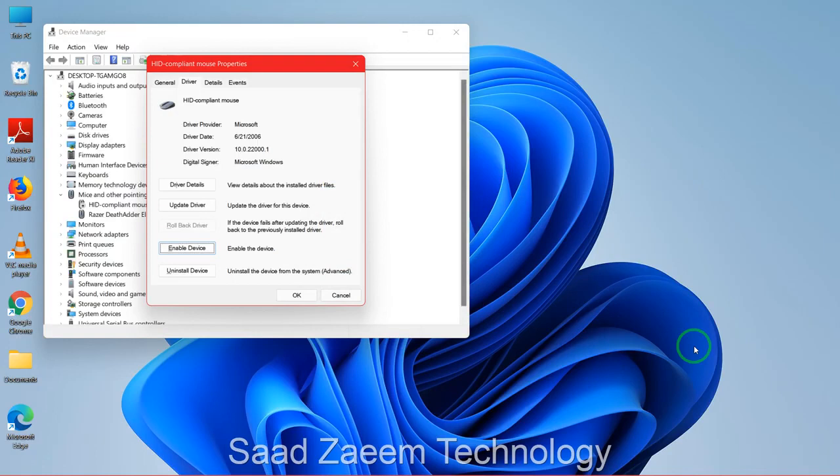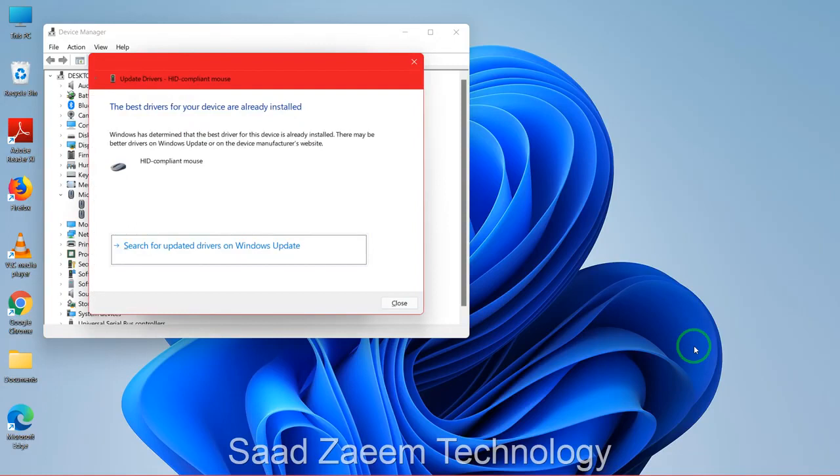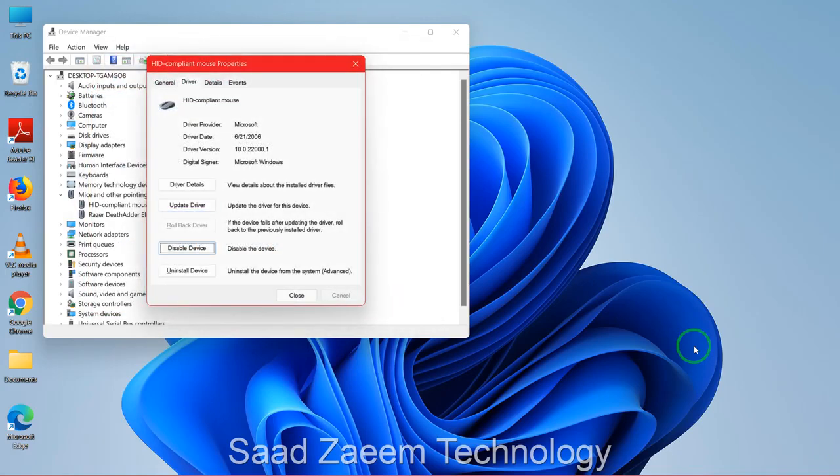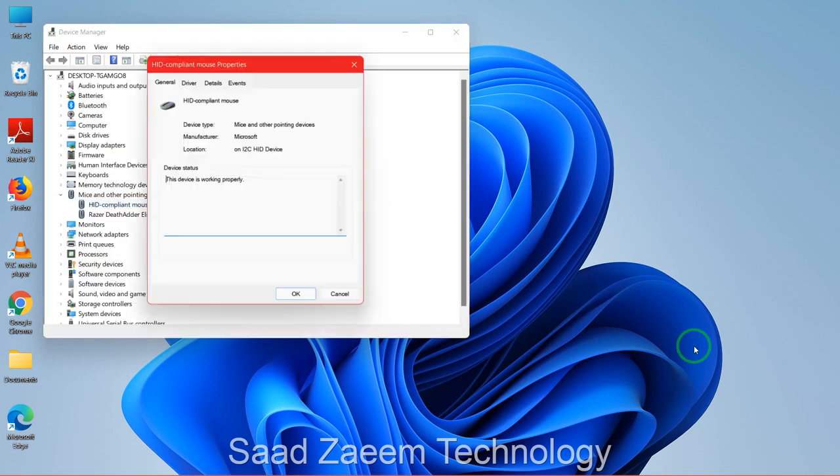Now you'll have to enable it again and see if your cursor is back. If this didn't work, then you can reinstall the driver for your mouse. You can just update driver first and see if it fixes the problem, and if you already have the latest drivers installed, then you can just use the tab key to close this and then use the tab key to close this also. You can click on enter,